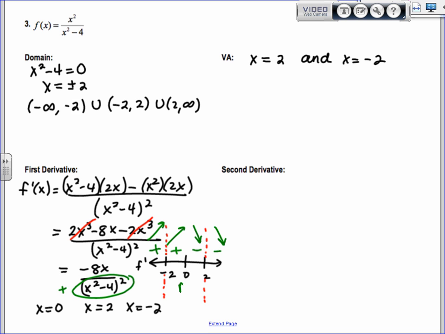So based on that information, I know that I have a max at 0. We don't know if it's absolute or local, just local. But all right, so when I do my second derivative,